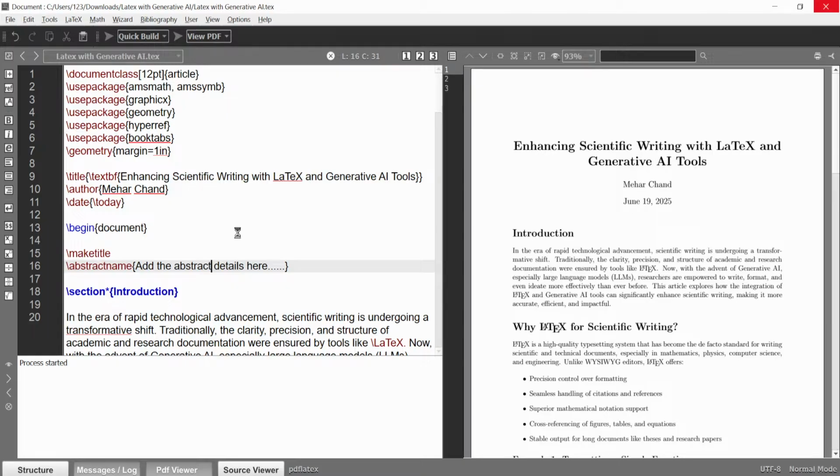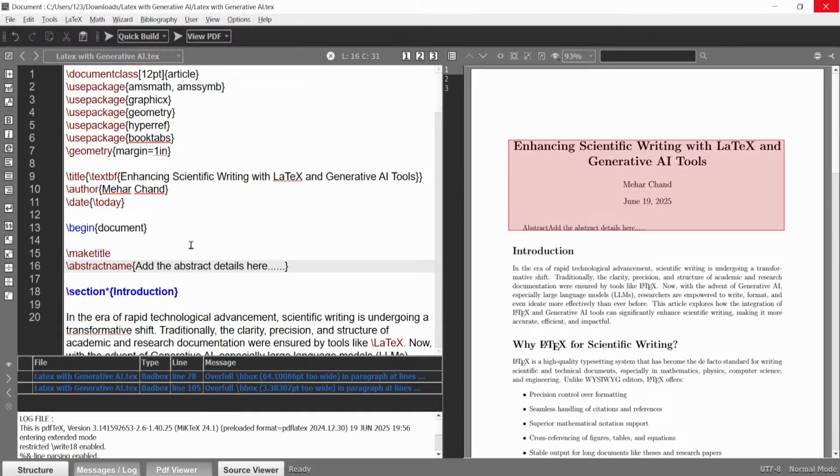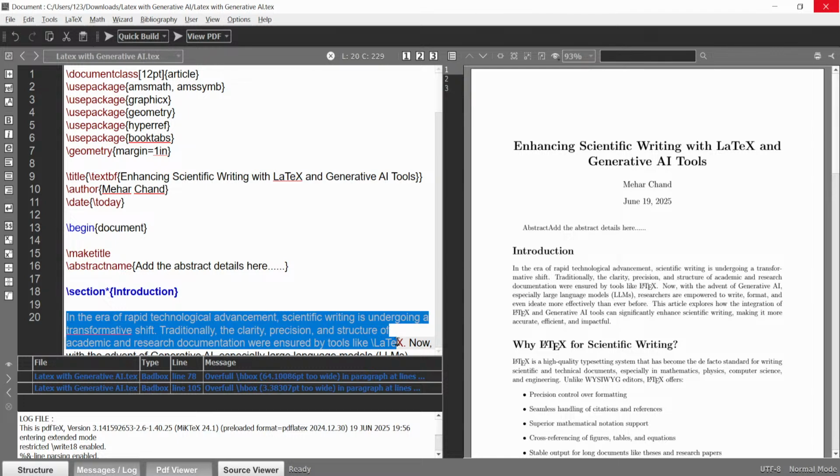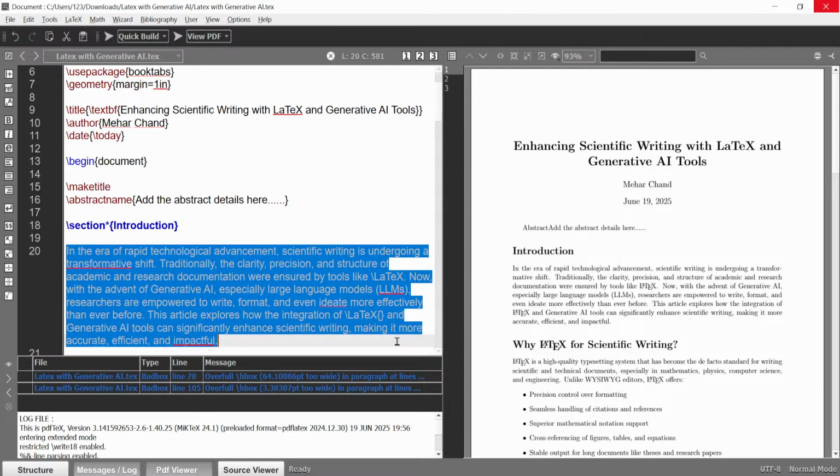you have to run the file, and you can see on the right hand side, yeah, the abstract has started from this place. So whatever information you have, you can add here as your abstract. This will be done automatically and will appear here. Suppose that I have this information, this first paragraph is my abstract.